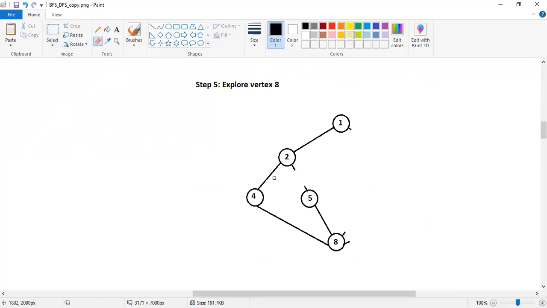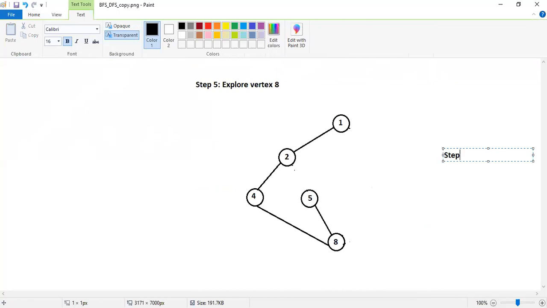Is this correct now? Now the stack is 1, 2, 4, 8, 5.